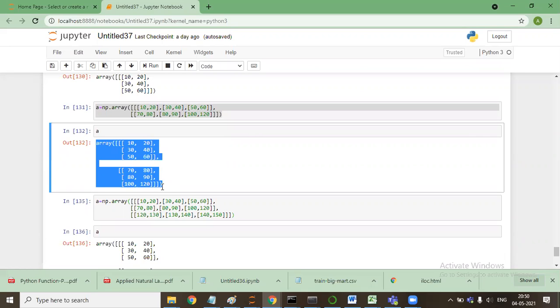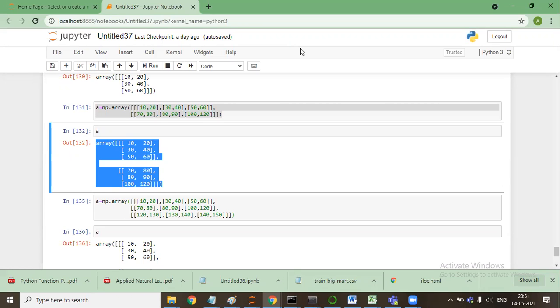This is a two-dimensional array in a three-dimensional format, or you can say these are the two layers of a 3D format that is being stored here. Are you guys with me?